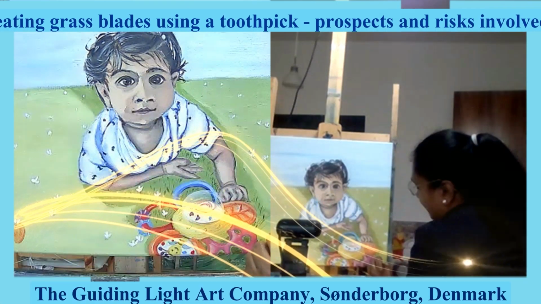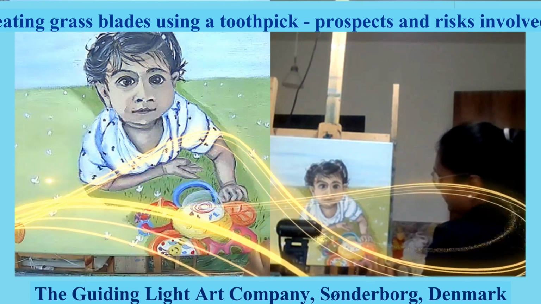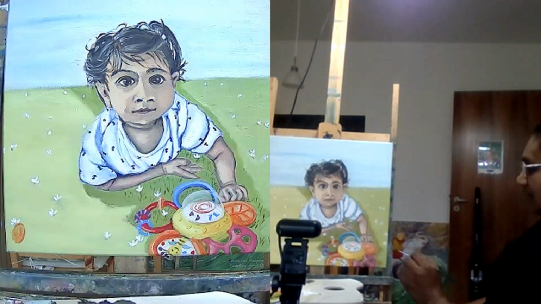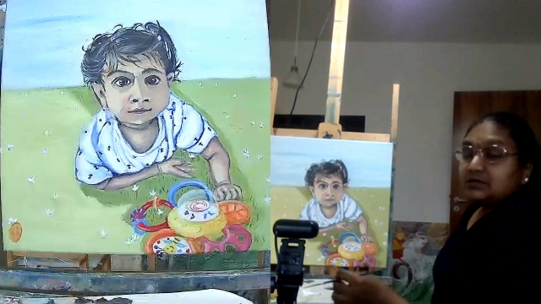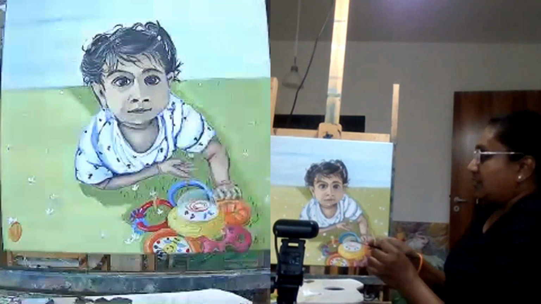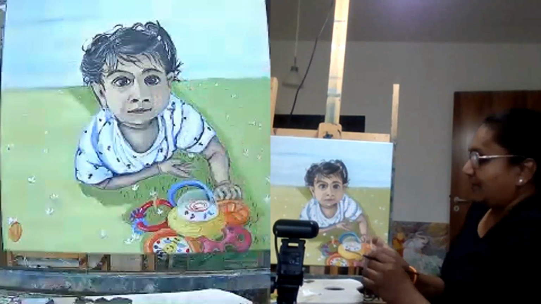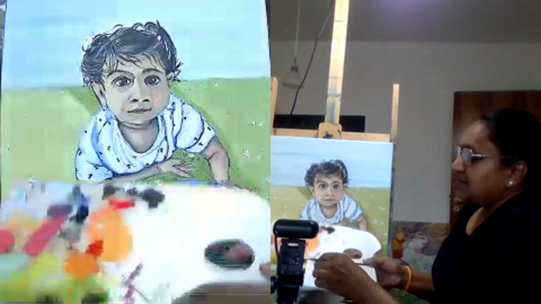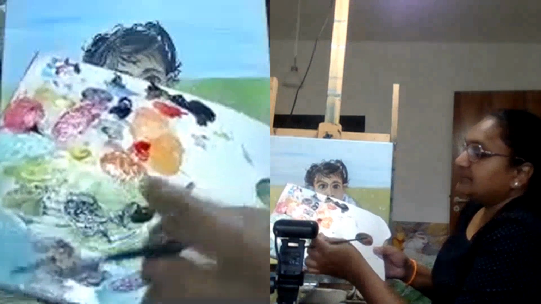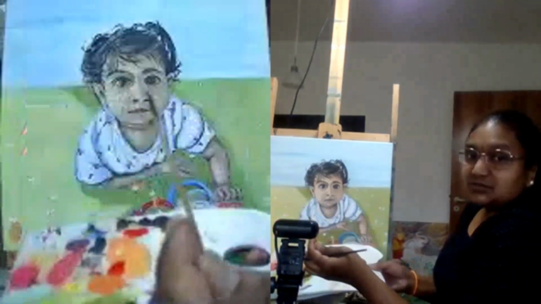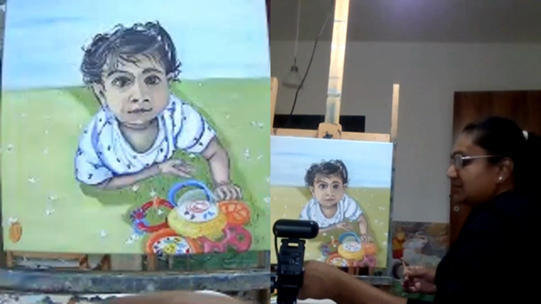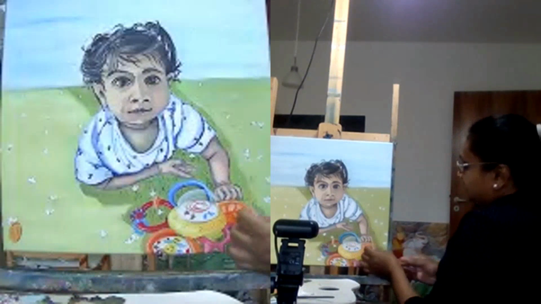Do not worry too much if the lines aren't coming right or thin enough, and that's why I said if you have a toothpick, let me show you that as well. So I have a toothpick, and if I want to create an impression with it, you're not going to poke on the canvas. But if you roll the toothpick like this, you see the toothpick is now holding the green color, and you can start placing it in directions that you want.